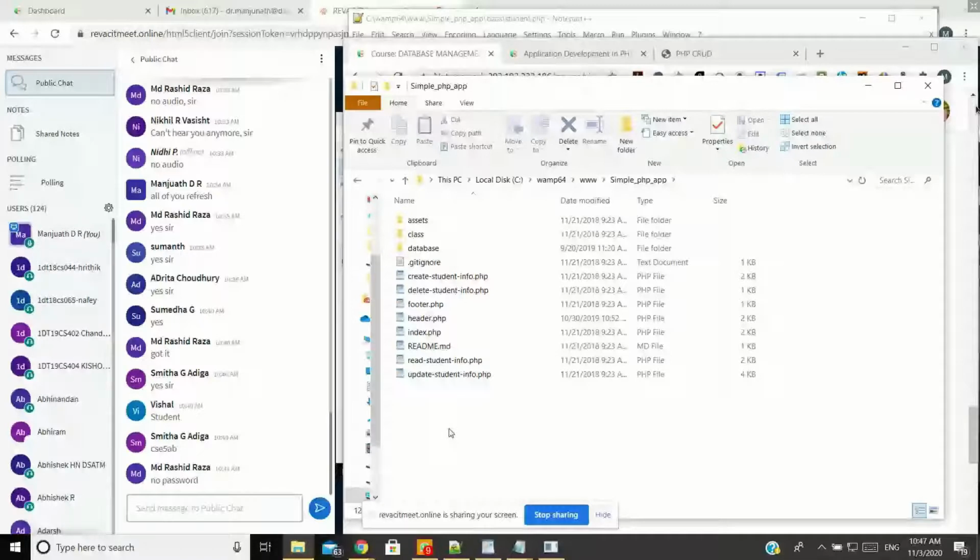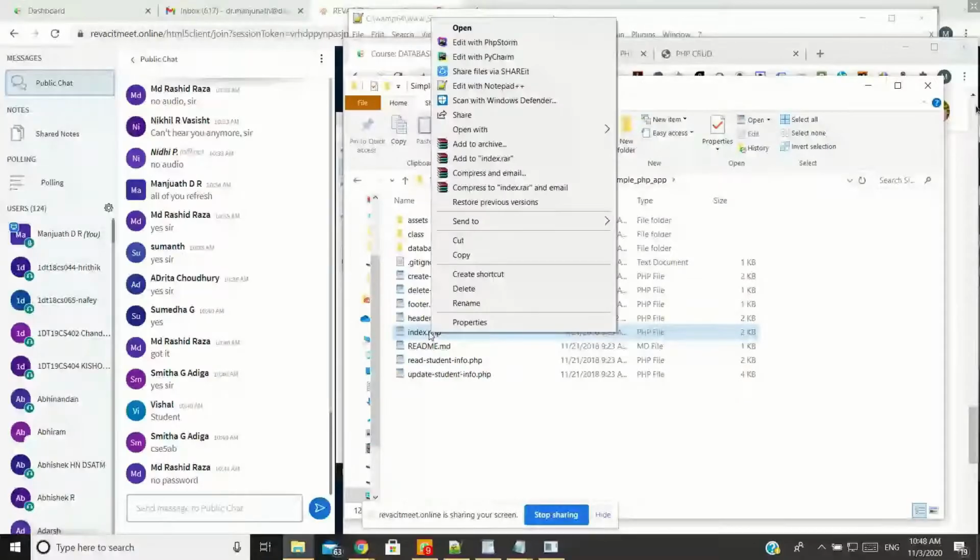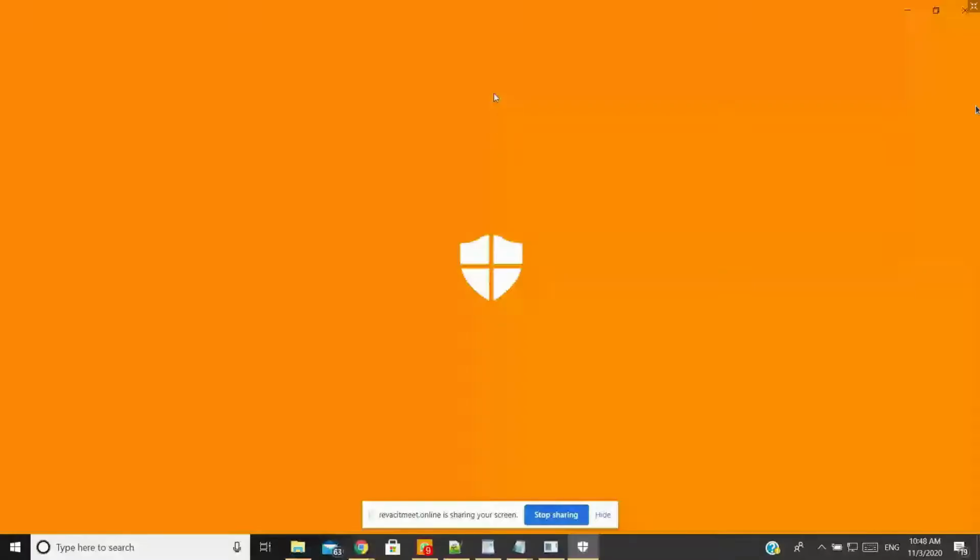By default, whenever you're working with any web related things, you have a home page given as index, something like index.php or index.html. That's the door to your application. Let us open this. This is my door, right?